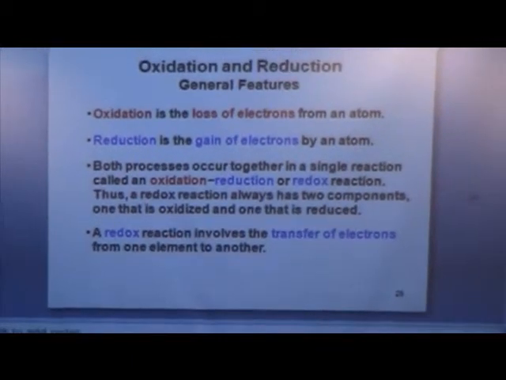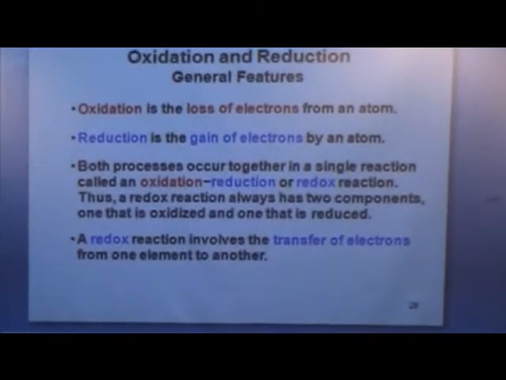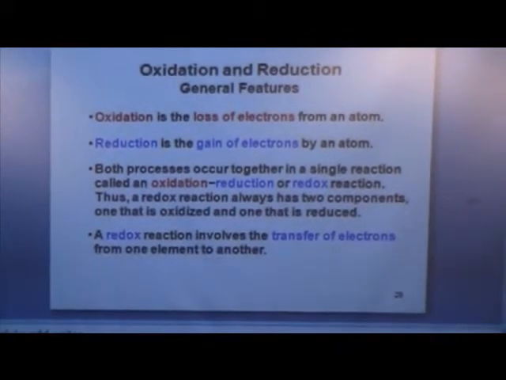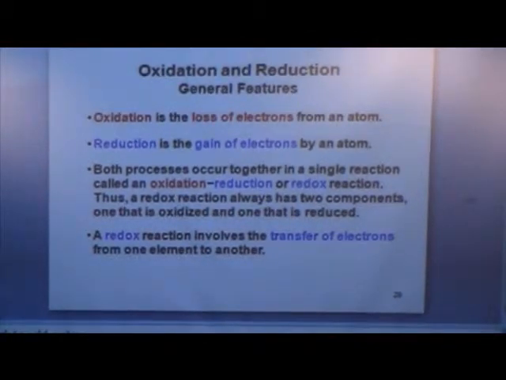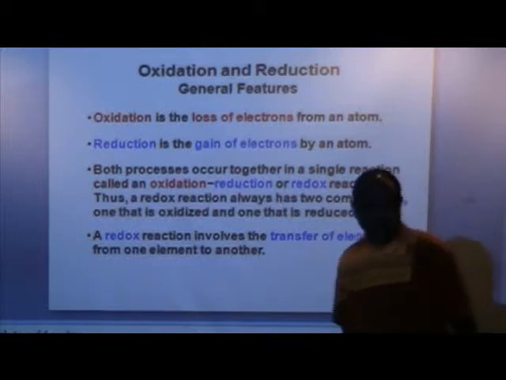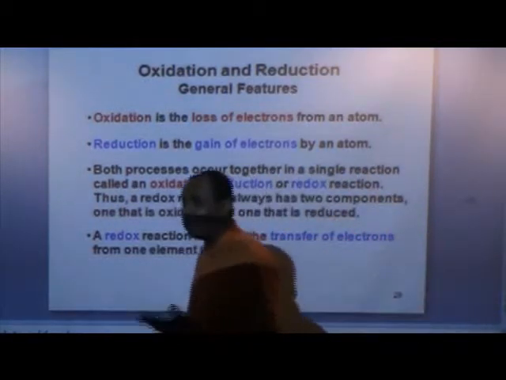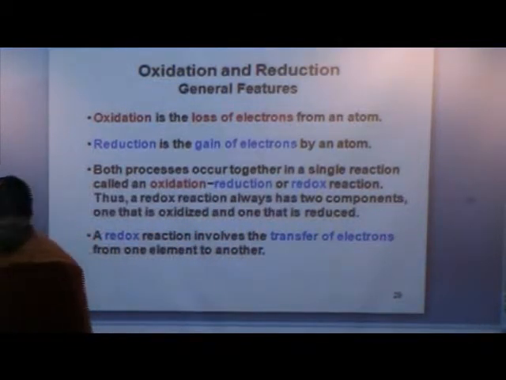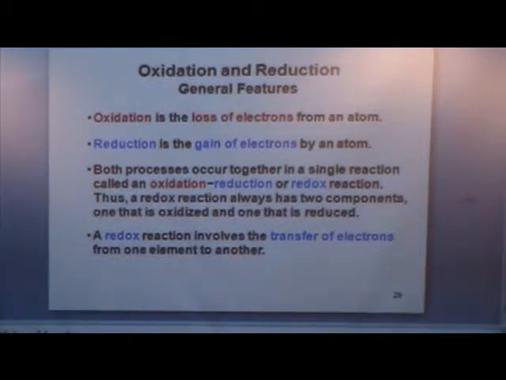We have oxidation and reduction. Okay? What does oxidation mean? Oxidation is the loss of electrons from an atom. The simple definition of oxidation is that maybe you can say oxidation is combining with oxygen. But it's very limited. Something reacts with oxygen, sometimes called a combustion reaction. But the best definition for oxidation is defined as